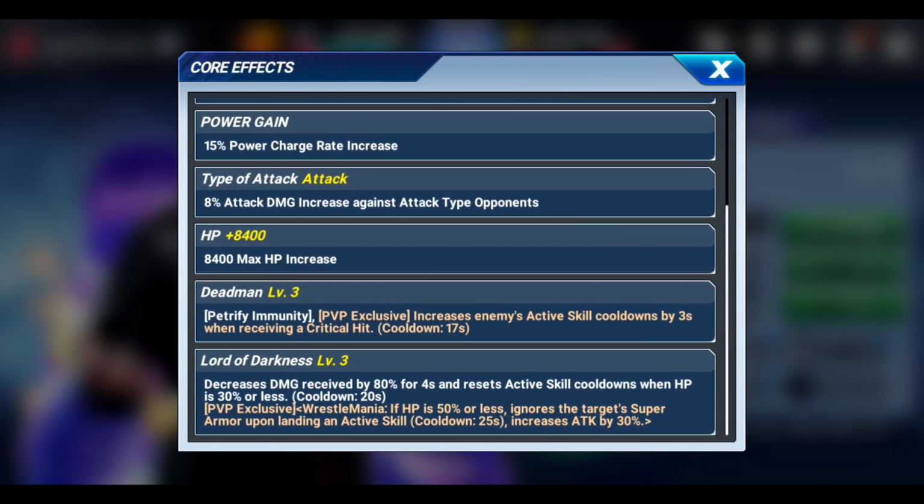And then Lord of Darkness decreases damage received by 80% for 4 seconds and resets active skill cooldowns when HP is 30% or less. And I know a lot of people, when they see that 30% or less, they think, oh my god, that sucks. But in live PvP, you'd be surprised. Characters like these, they've got these real strong core effects when they get low in HP,